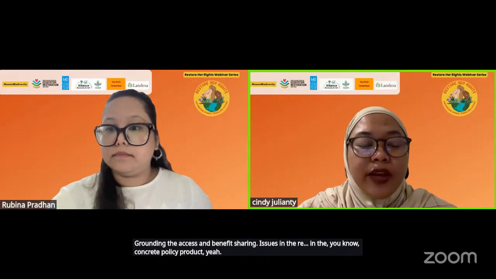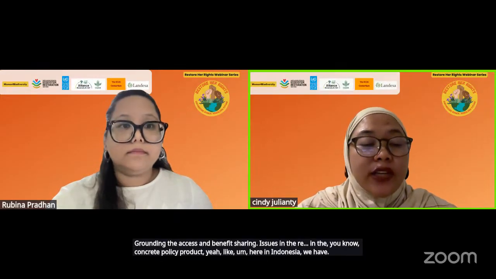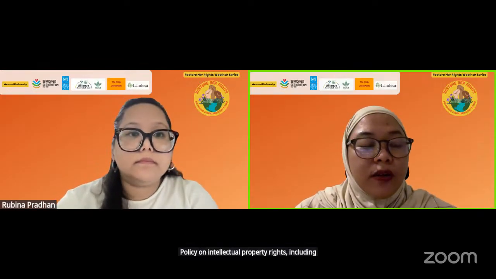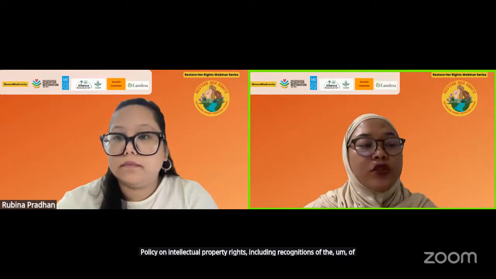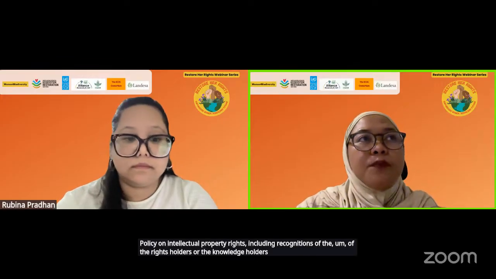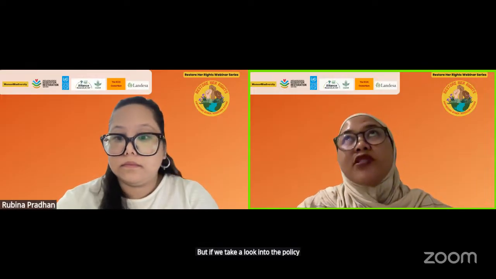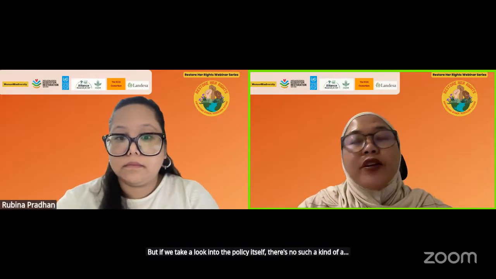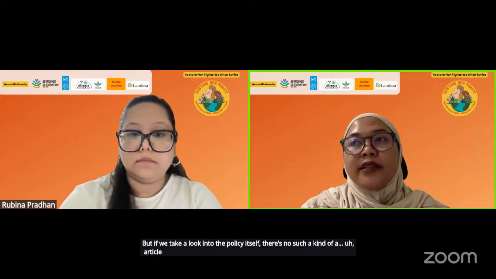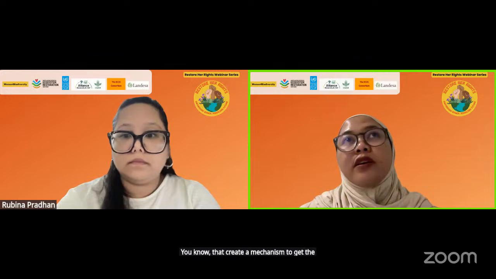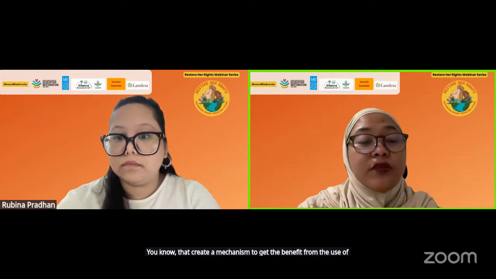Here in Indonesia, we have a policy on intellectual property rights, including recognition of the rights holders or the knowledge holders themselves. But if we look into the policy itself, there is no article or regulation that creates a mechanism to get benefits from the use of the genetic resources of